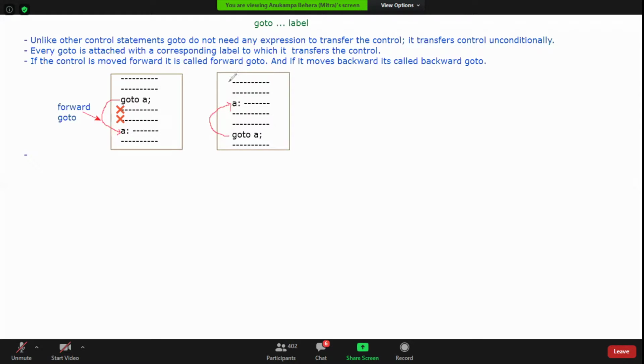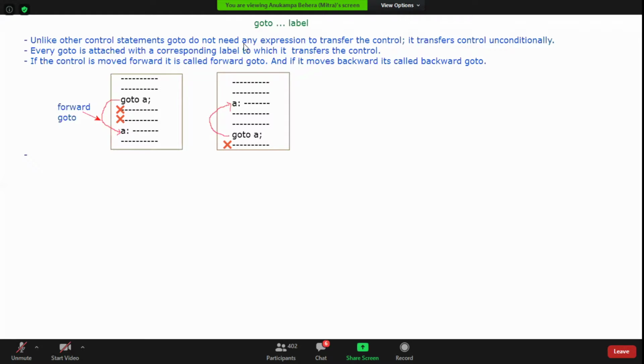So here what happens? Statement 1, statement 2, statement 3, 4, 5, 6. It goes back to 3. 4, 5, 6. It goes back to 3. 4, 5, 6. It goes back to 3. Did you understand? That means it is going into an indefinite loop because it will never be able to come out of this.